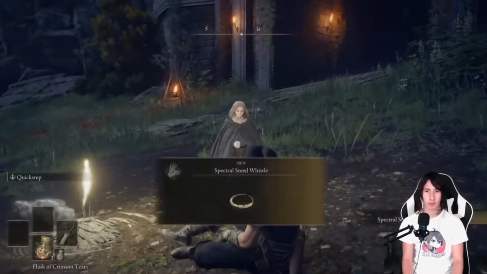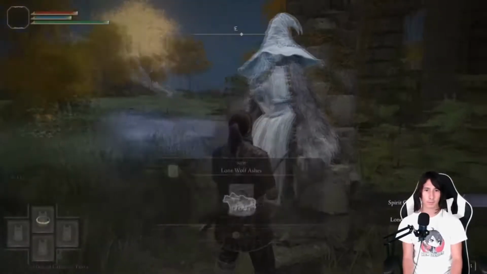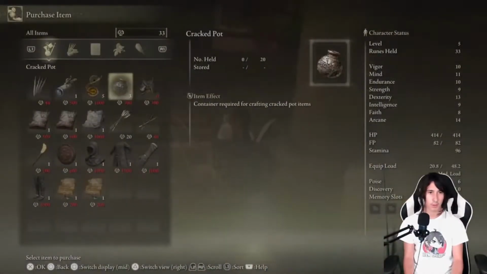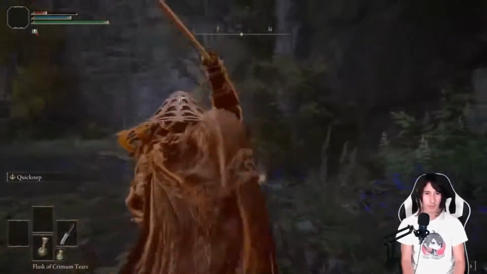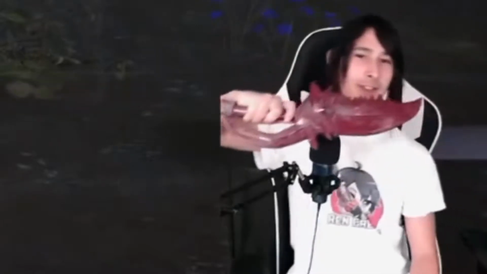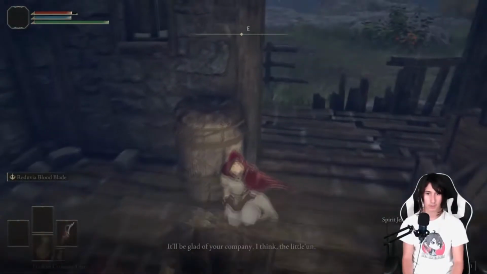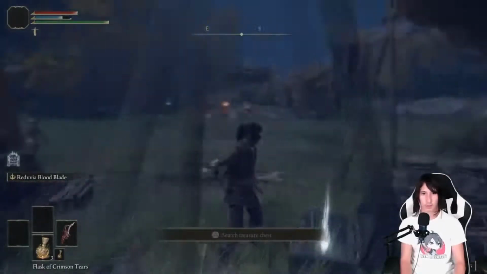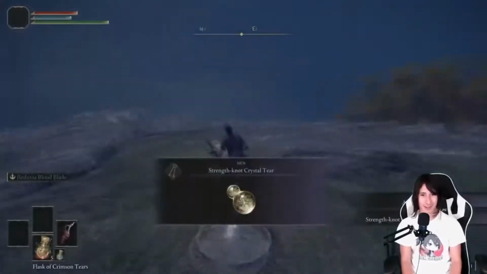I also get all the essentials like usual, Torrent, Whetblade, Summoning Bell, you know how it goes, and get the crafting kit and all that good jazz. Afterwards, the Reduvia is going to be an absolute must, my personal favorite weapon. And we go to Roderika, even though I'll never have to go to the Roundtable Hold except for one reason. After that, I pick up the Beast Crest Heater Shield